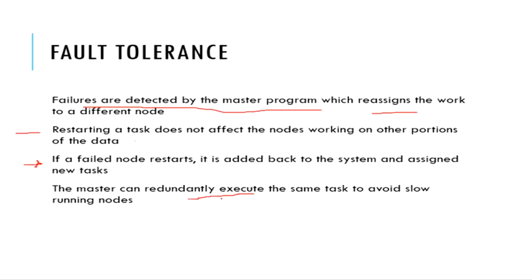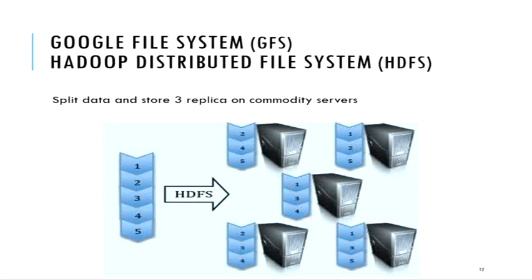And the master can redundantly execute the same task to avoid slow running nodes। हम ये भी कर सकते हैं कि हम एक ही टास्क किसी फास्ट रनिंग नोड को बार बार दे दें इंस्टेड ऑफ द स्लो रनिंग नोड्स, ठीक है। सो दैट ओवरऑल हमारे पास जो टाइम है दैट इज रिड्यूस्ड, दैट इज मिनिमाइज्ड।